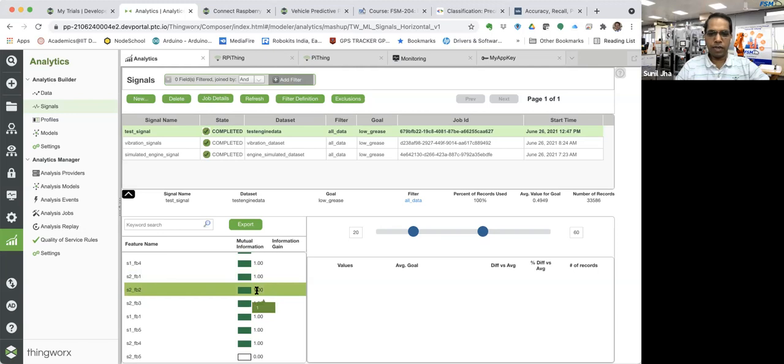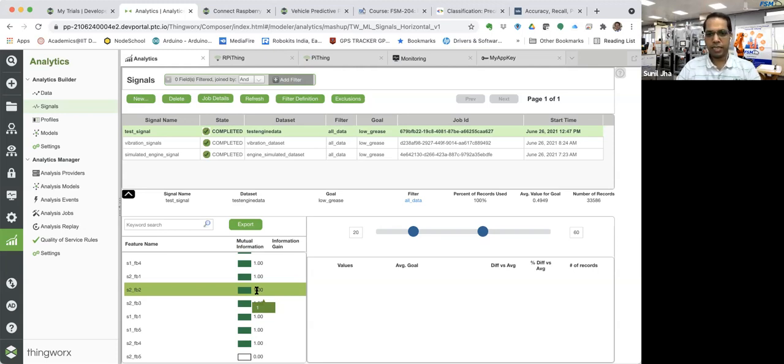Because how will it come to know? Now you have sensor data for low grease and you have sensor data for good grease conditions. So low grease 0 and low grease 1. That is how your data is being generated. Fine. Now in that case, the variation of the sensor 1 signal around the low grease level and the good grease level is being analyzed.